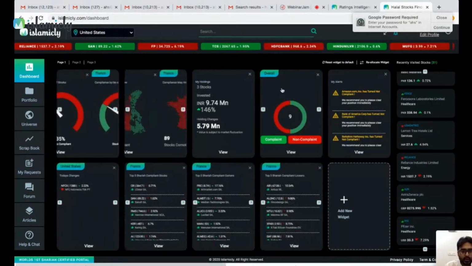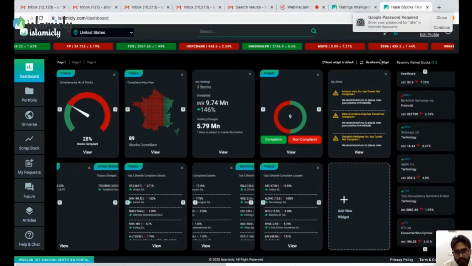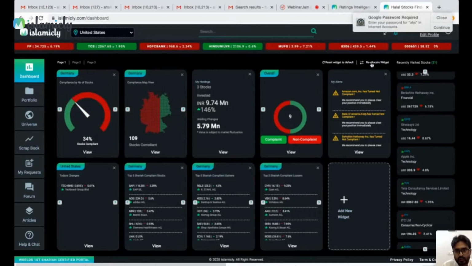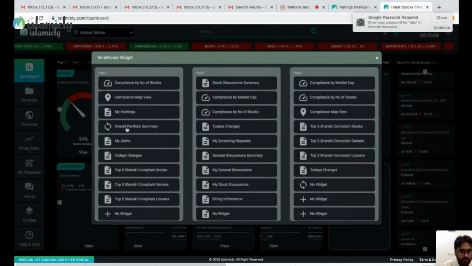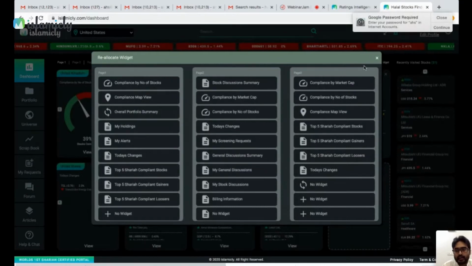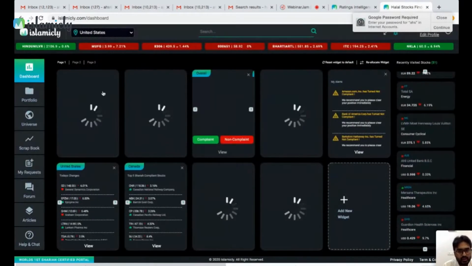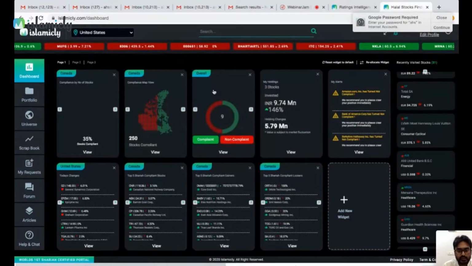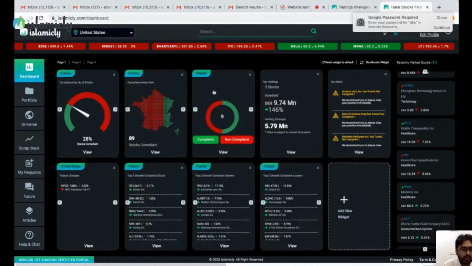If you want to order it also, you want this to be here and this one to be here, you can also select the order. You can reallocate widgets and you can move it over here. So if the overall portfolio was the 4th widget, if I want it to be the 3rd widget, you can pull it up and bring it over here. It's as simple as that. And it will get refreshed. As you can see, this is the fourth widget over here. It has become the 3rd widget over here. So you can move around and play around with this. Whichever makes it comfortable, you can do it that way.